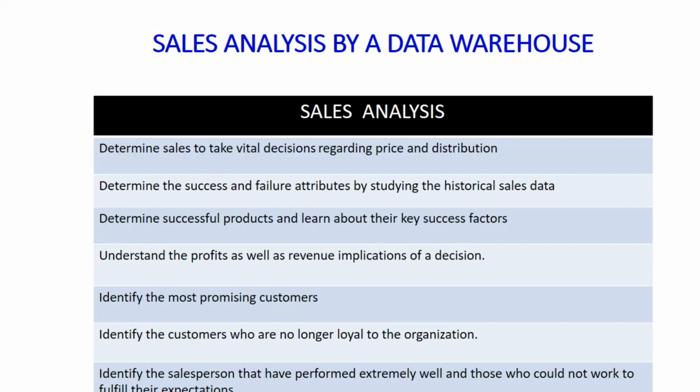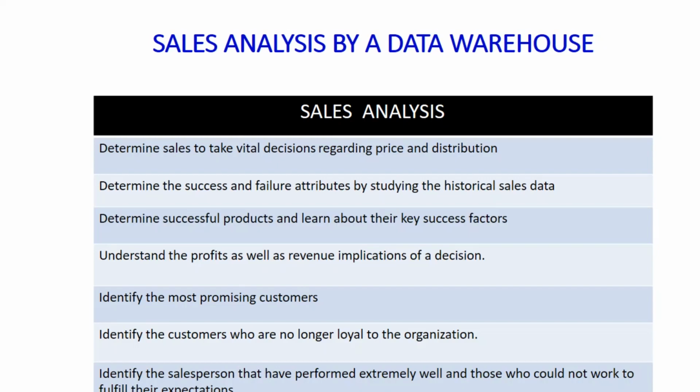Sales data by a data warehouse. So this table illustrates how a data warehouse can help its users to analyze sales, like determine sales to take vital decisions regarding price and distribution, determine the success and failure attributes by studying the historical sales data, determine successful products and learn about their key success factors, also understand the profits as well as revenue implications of a decision which has been taken,